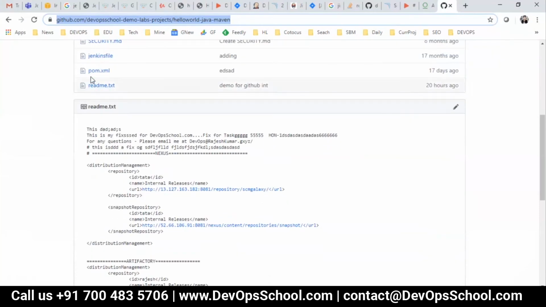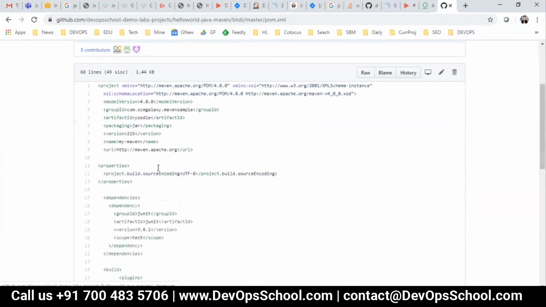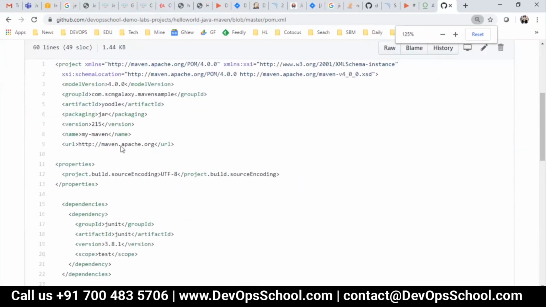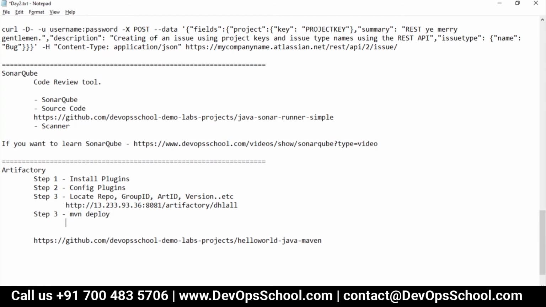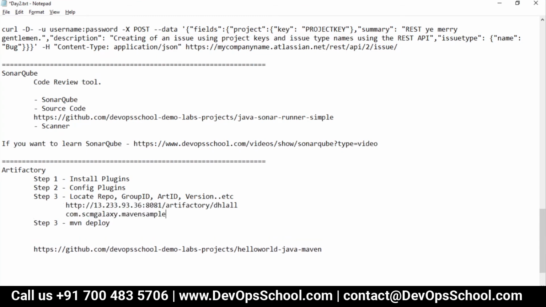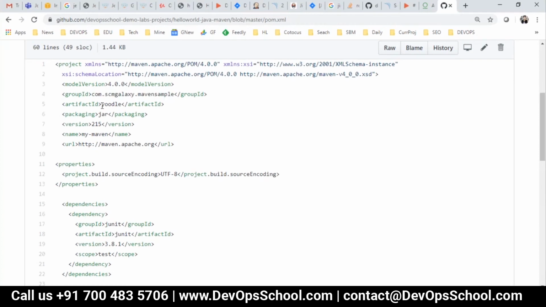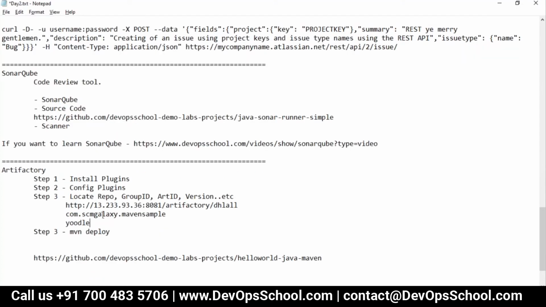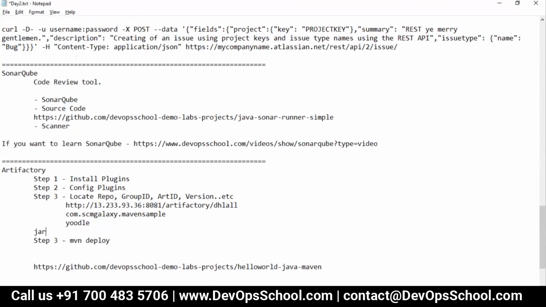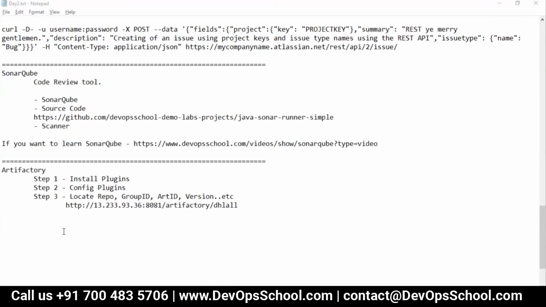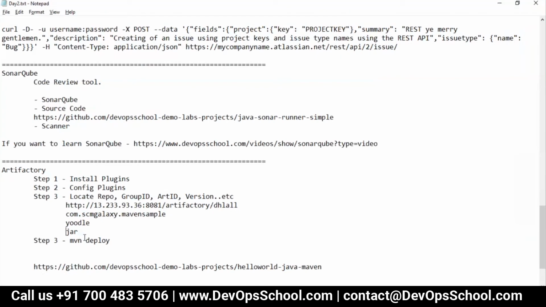Okay, now look at the pom.xml here. And what is the group ID? This is the one. And if you don't understand the Maven terminologies, what is a group ID, what is artifact ID, you can watch my video on Maven. I'm so sorry I'm not able to teach you all the tools, but our focus for the day and yesterday was Jenkins. So Jenkins is an integration tool, so you need to know all the tools which you are integrating. That is for sure.